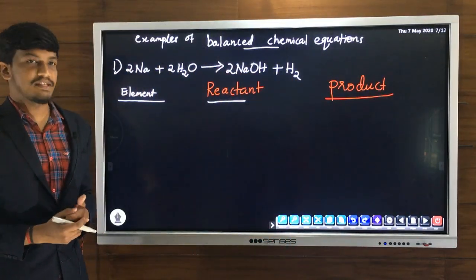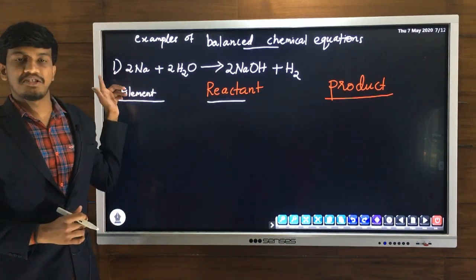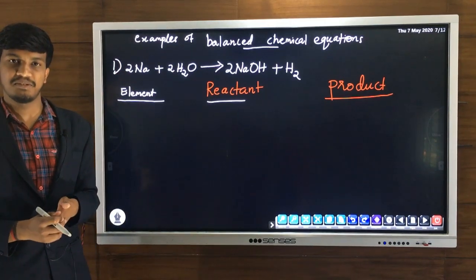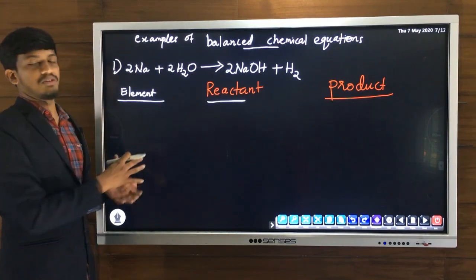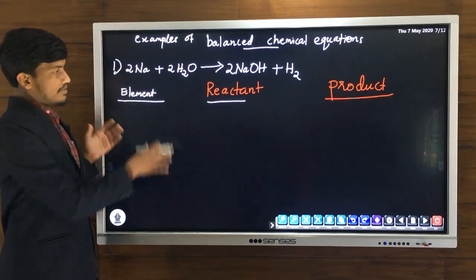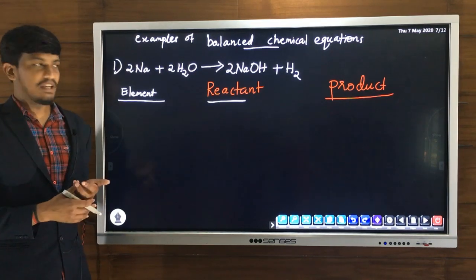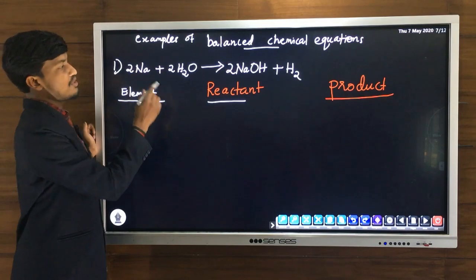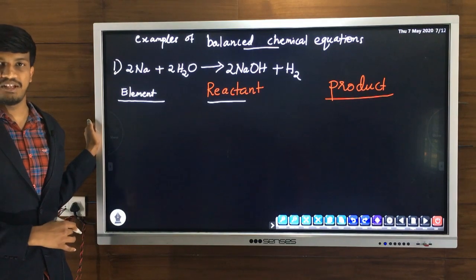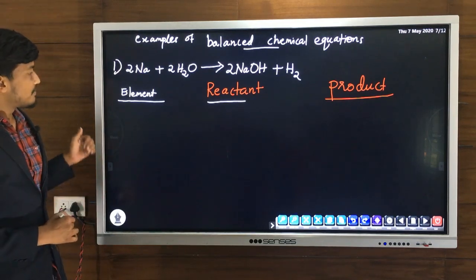Now we will discuss some more examples of balanced chemical equations. The equations which we are going to discuss are all already balanced equations. We are going to discuss only balanced chemical equations. We will count the number of atoms of all the elements on both reactant and product side. So all these are already balanced chemical equations. But why are we going to check this? Because you have to know how to count the number of atoms. So for the practice we are going to consider more balanced chemical equations. All these examples are given in the notes, so you can practice yourself.